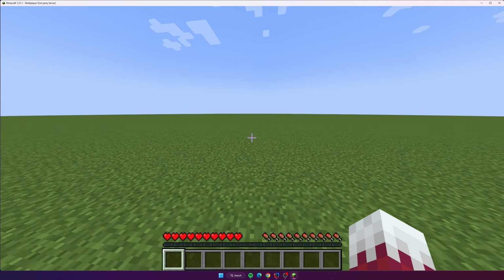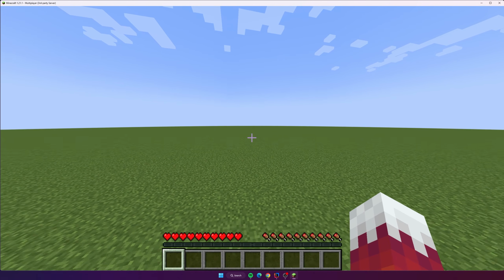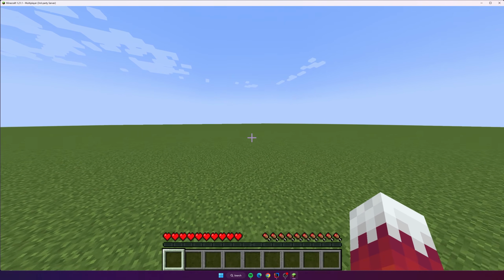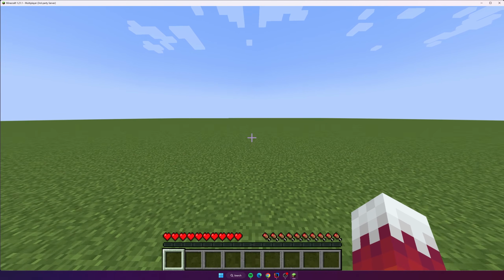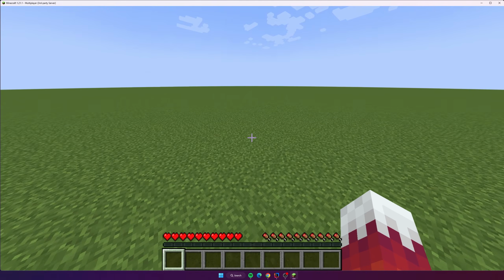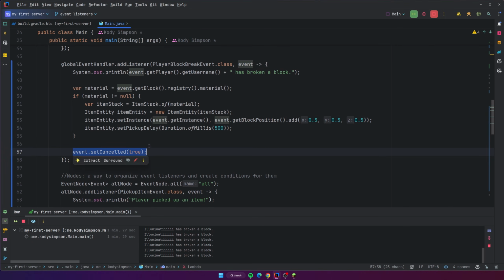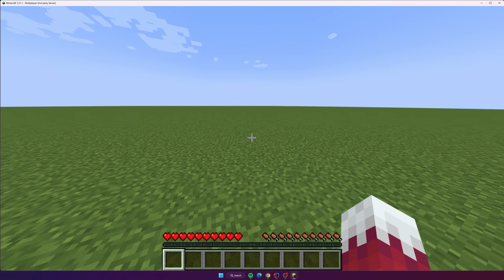Another thing is if you want to have a server where a player cannot hit other players or hurt other players, you could cancel the player damage entity event or whatever that would be called. That way when a player smacks another player, nothing can happen because the event is canceled. Usually you will have some if statement controlling whether to cancel this or not. It will check something, and if that is true, it will cancel the event, otherwise it will not. In this case, since we have no condition here, it will cancel anytime a player breaks a block no matter what.